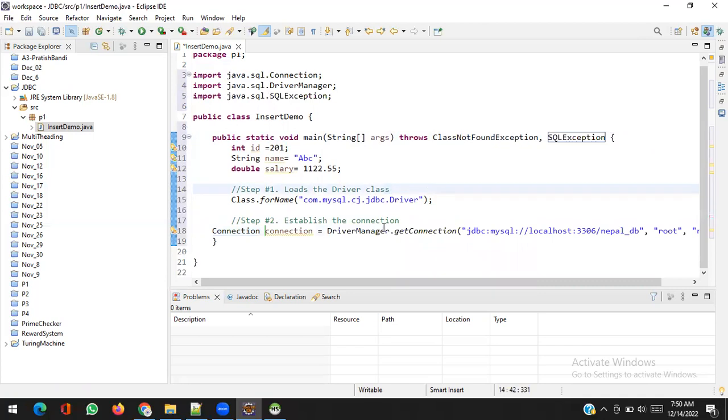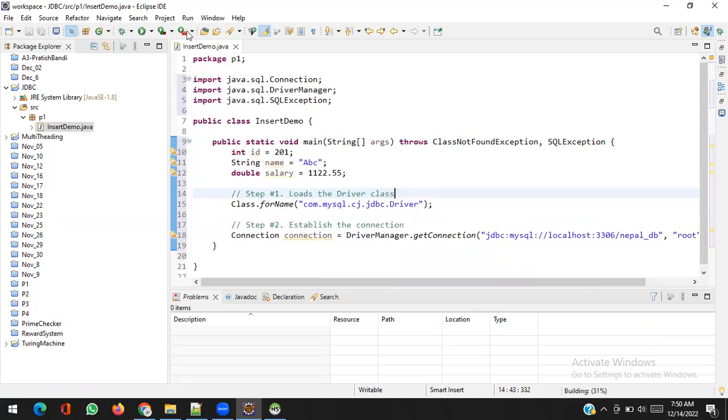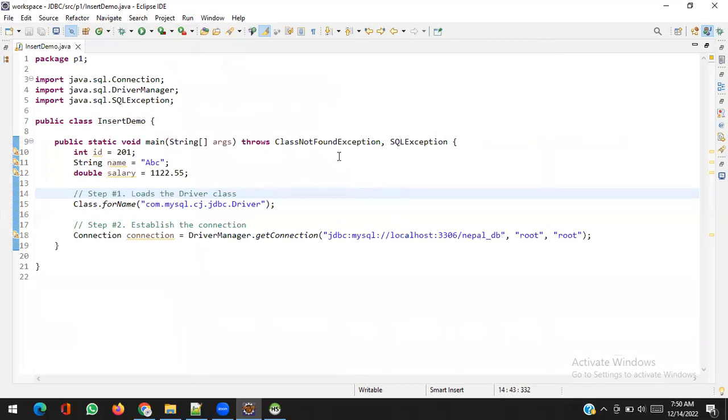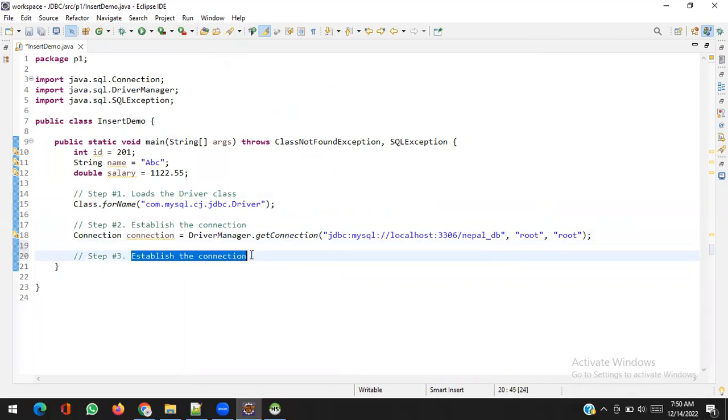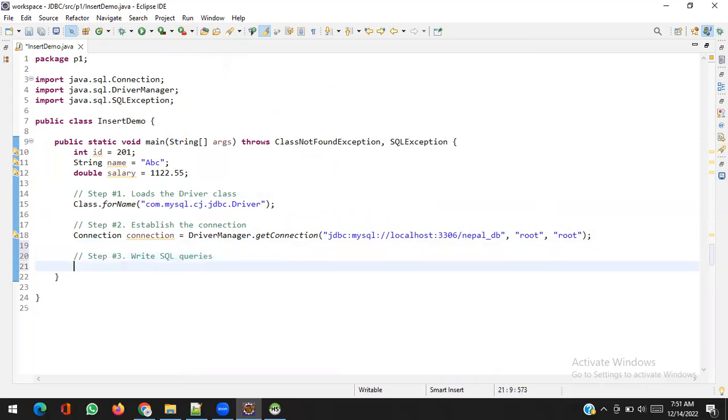Okay, now we have the connection. Driver is ready, connection is ready. Okay, next step number three, we need to write SQL queries. Connection, sorry, my bad. String sql equal to,